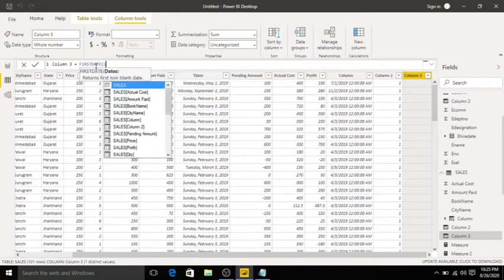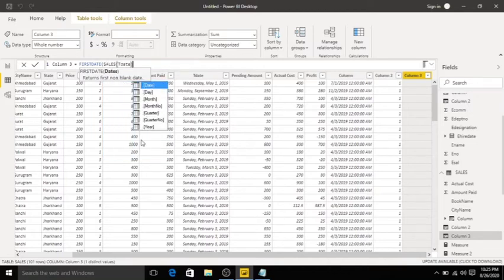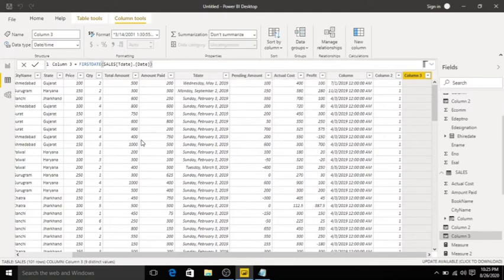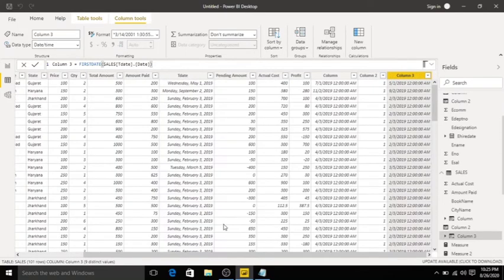I will provide the Sales table, Transaction Date. Click Tab. Click Enter. See, the first date of the given column will be written.